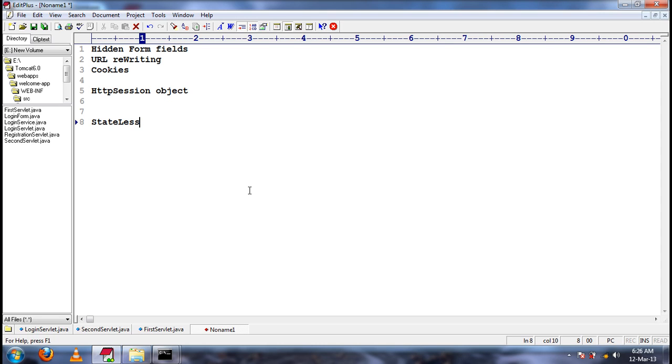Now the opposite thing: there is another type of protocol called a stateful protocol.